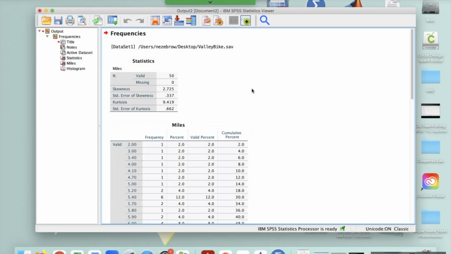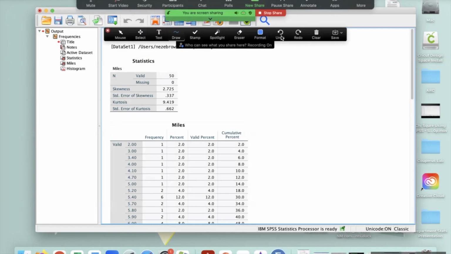Now we get an output window. This tells us that there were 50 different bike rides that they looked at. It gives us the skewness and the standard error of skewness. So remember, to estimate skewness, we need to divide the skewness value by the standard error of skewness. If the ratio is larger than 1.96, we say that the value is statistically significant at the 0.05 level. So in this case, we need to divide